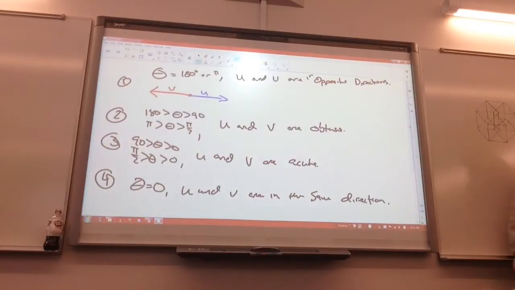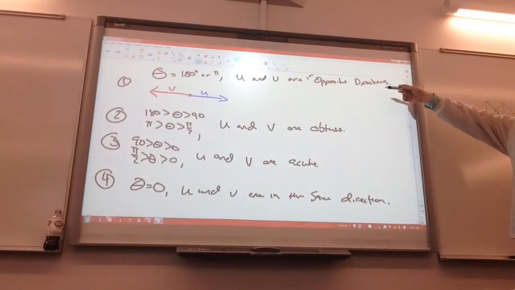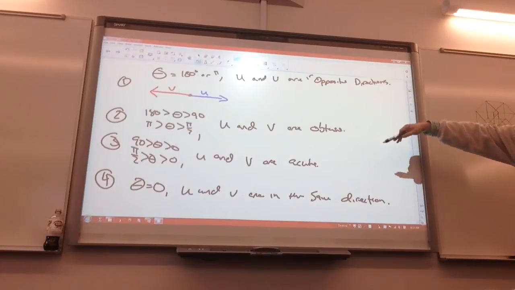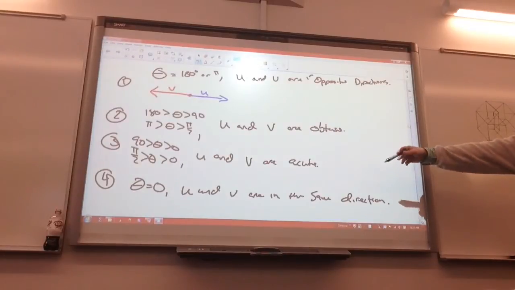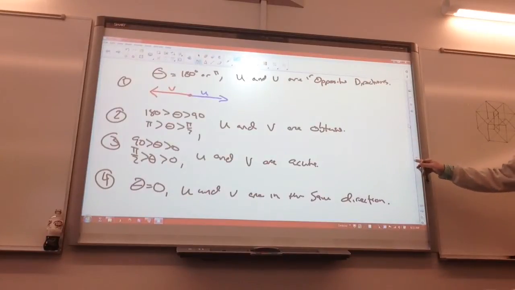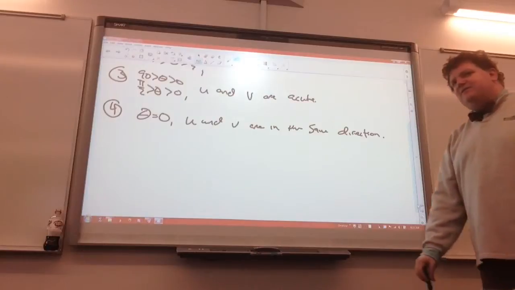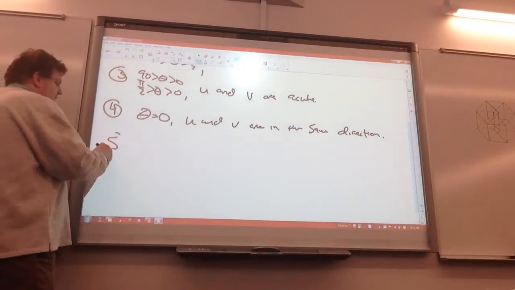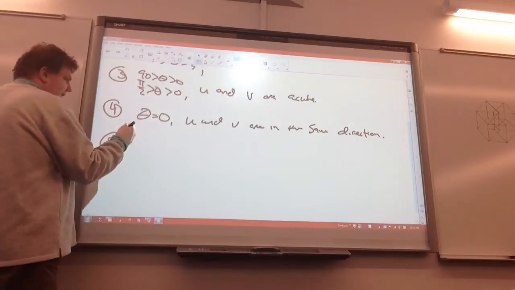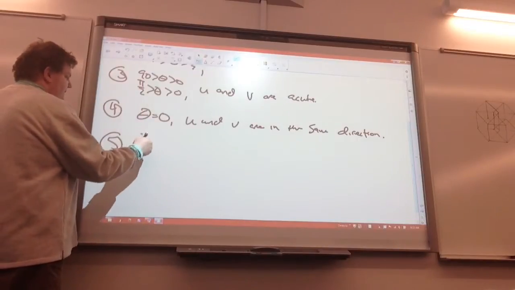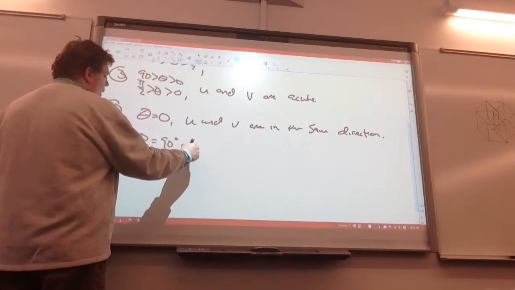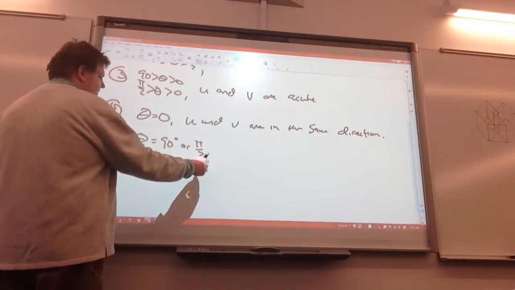Oh, yes. I said 180 is opposite directions. Between 180 and 90, they're obtuse. Between 90 and 0, they're acute. 0 is the same direction. But what if they're at 90 degrees of each other? I left that one off because it ends up that relationship is special. So if theta is equal to 90 degrees, or pi over 2 if we're in radians,